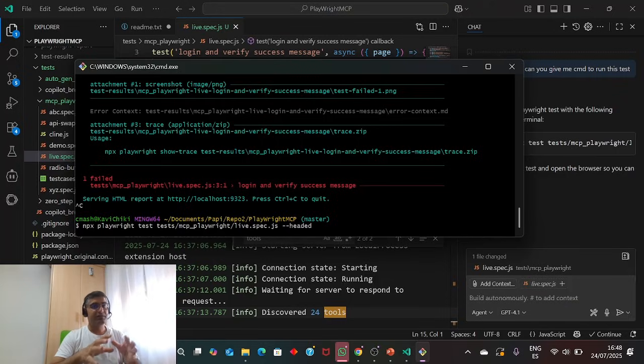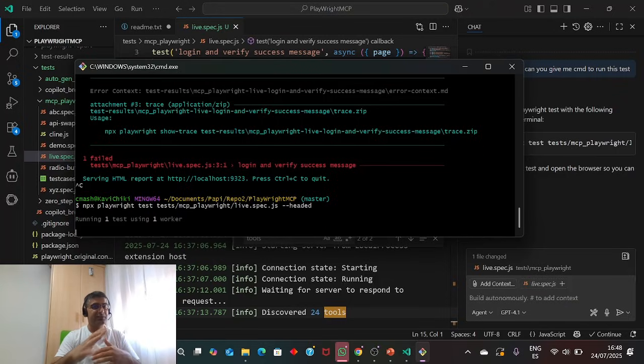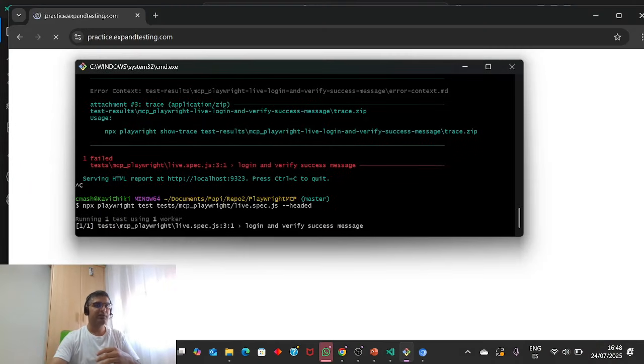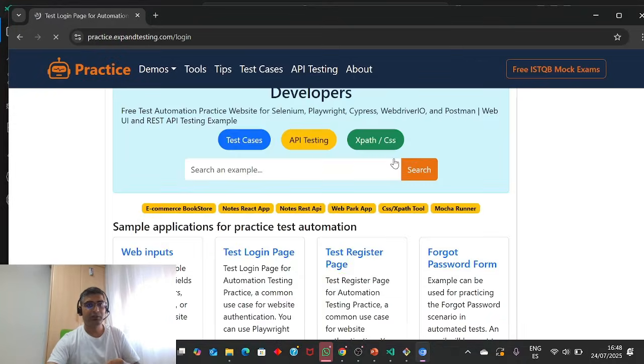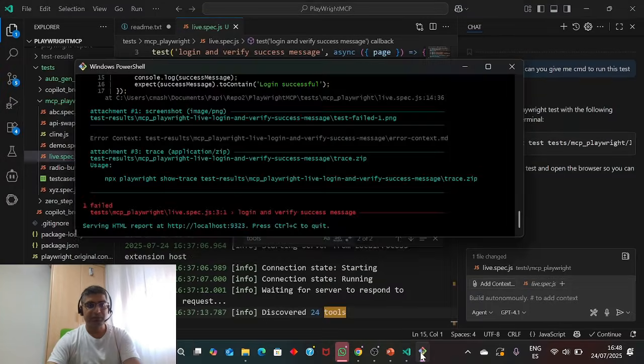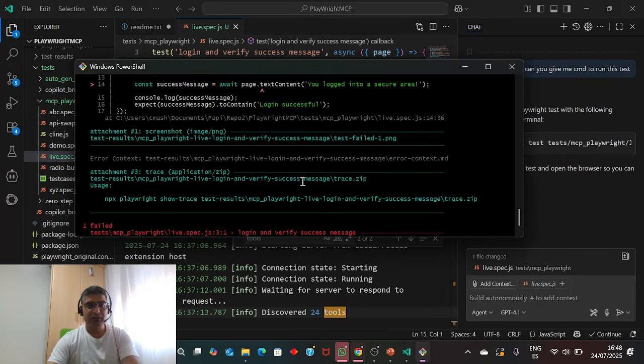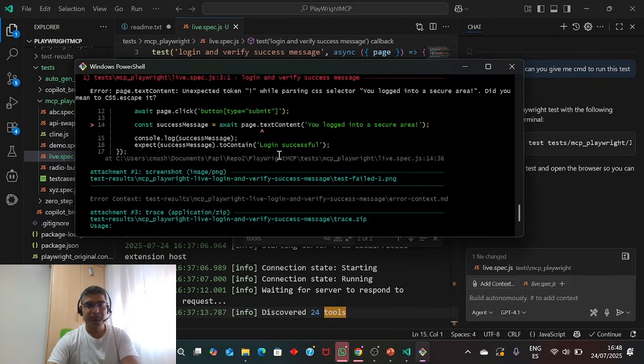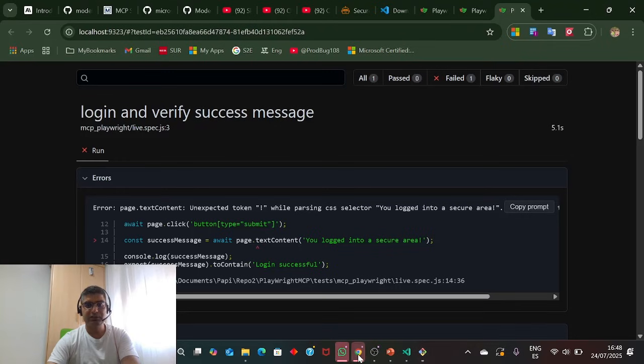But we have seen that the complete method has been written. All the IDs, especially the XPath, everything has been successfully captured. So that part has been done. Now the test case is absolutely, oh man, login successful. You logged in. Okay, let me see. Now this is strange. Now this should not say success message. Passing says you logged into the secure area. Okay.